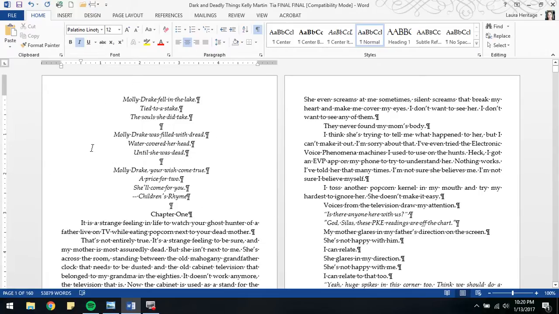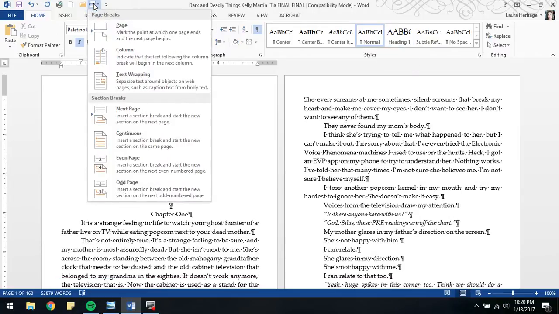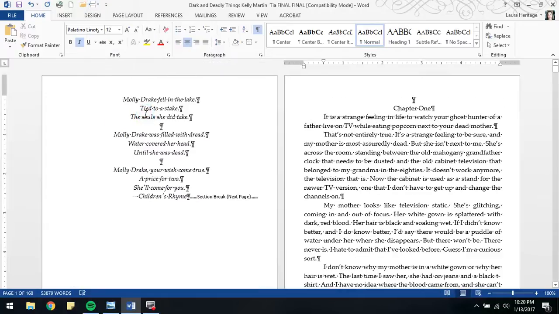Okay, now when she formats this, or when I format this, my chapter 1 heading has to be at the top of the page because the conversion will automatically do it if it sees that heading 1 style in there. So I am going to insert a page break here. So I'm going to click on my section break button, and you're going to go down to the section breaks here and then click next page and take out that top